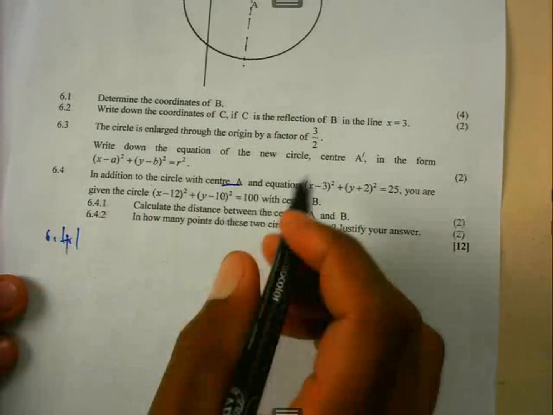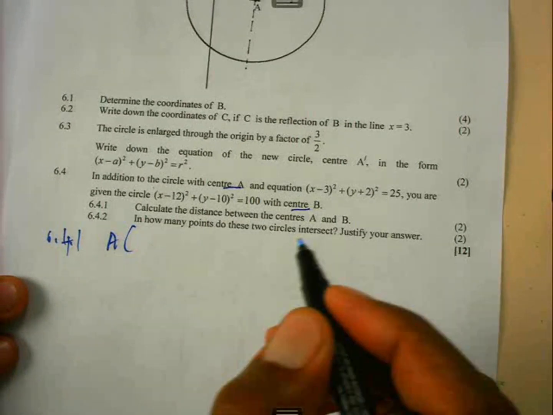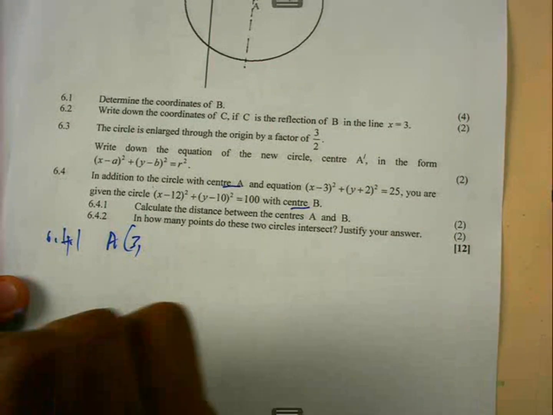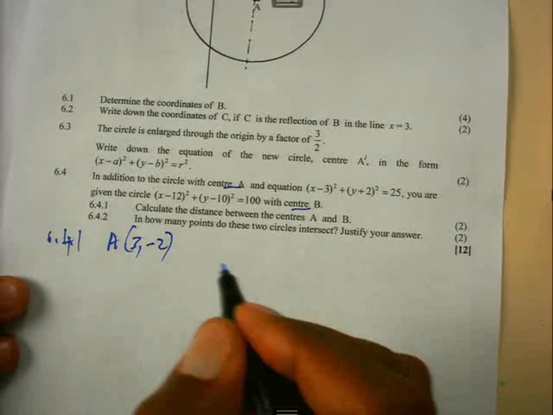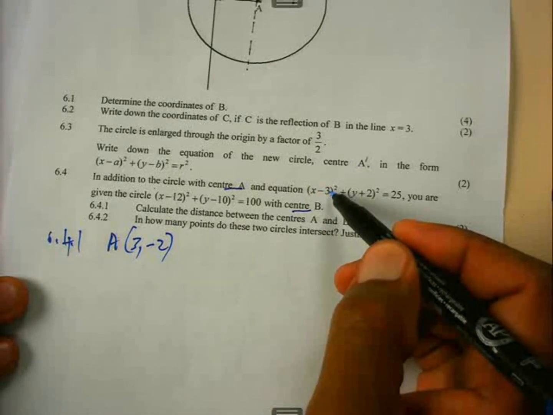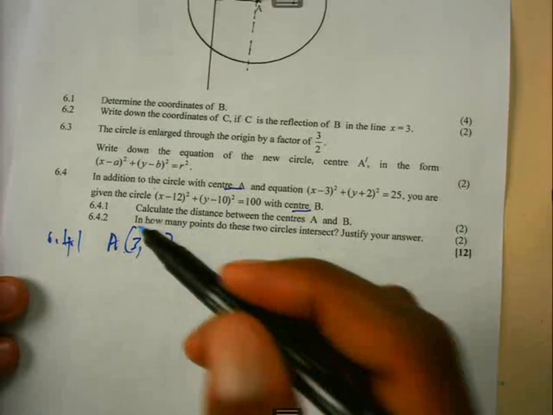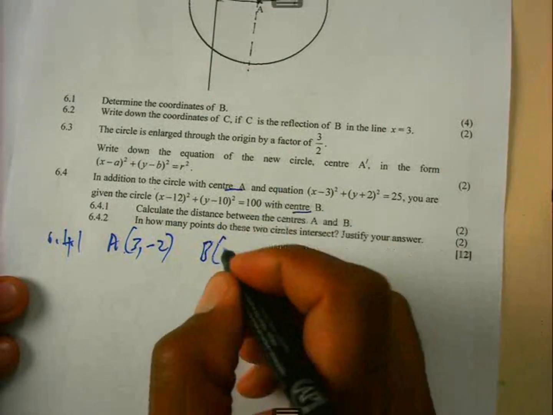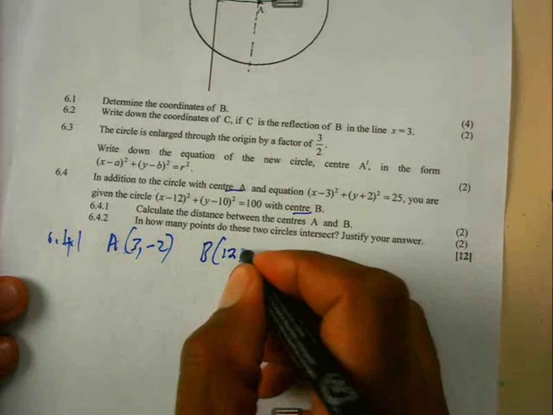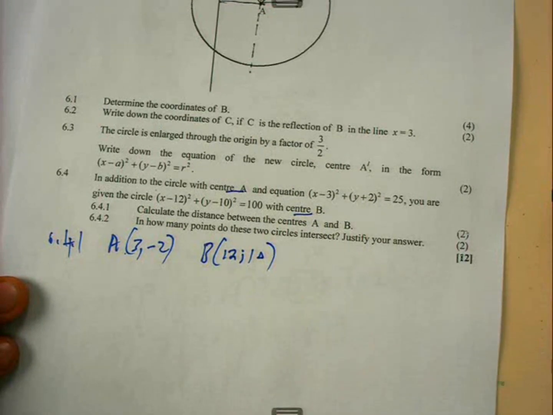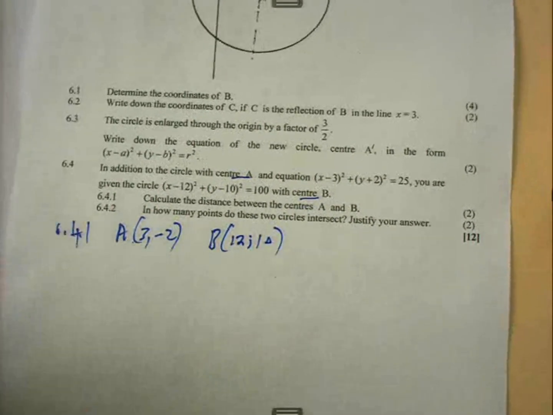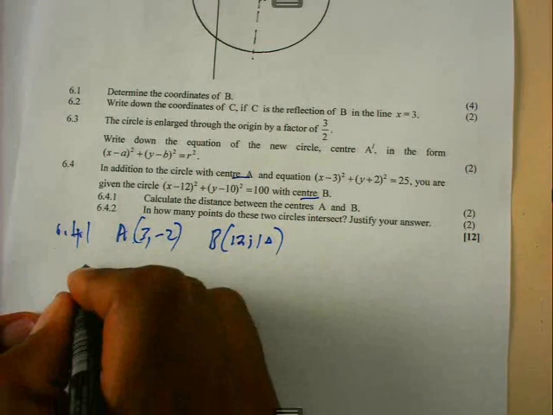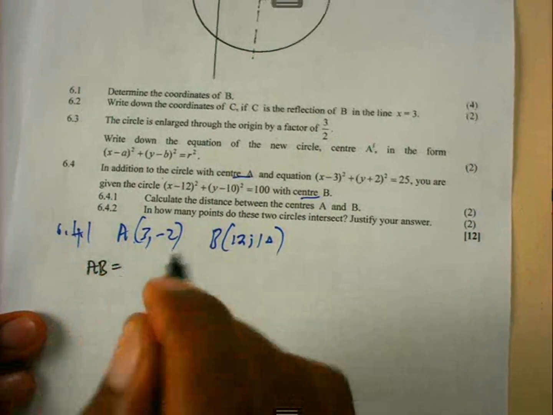Right, now the center A here, the coordinates there are what? They are 3 as well as minus 2. Remember now, if it's a minus, it will be positive. If it's a positive, then it's a minus. Right, the second one is B. The center of B there is a positive 12 as well as positive 10. Right, now we've identified the coordinates of the centers. Then now we can use the distance. Now the distance of AB,